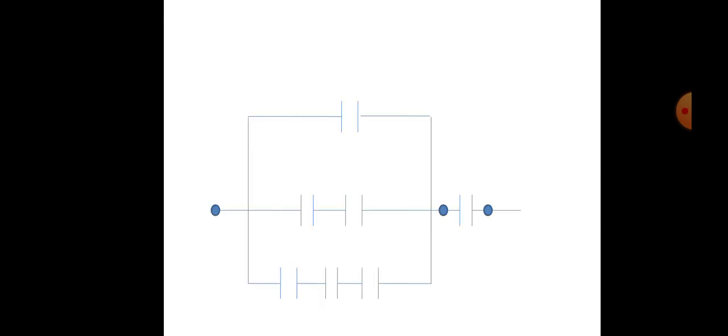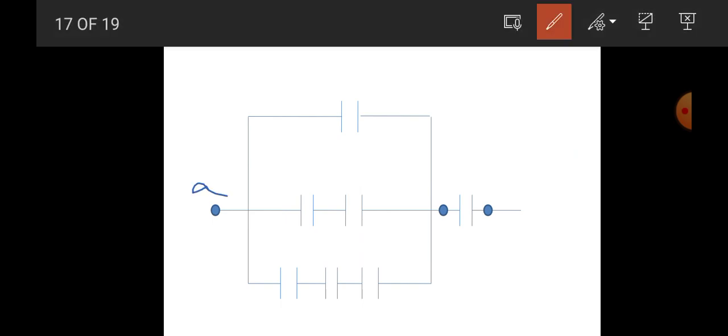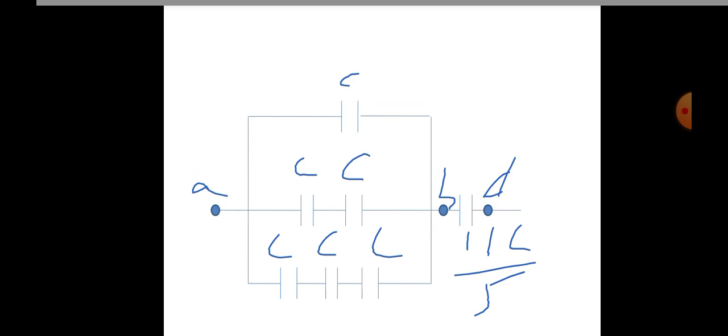ይሄ ሰርኪት ነው። እዚህ ጋር ምናየው here A አለን እዚህ ጋር here A, this is B, terminal B, this is terminal D. Now you asked to determine the effective capacitance of the capacitor between these terminals. ቶታሉን መፈለግ ነው ማለት ነው። ቶታሉን ስንፈልግ ይሄ C ነው ይሄም C ነው ብሏል። this is C capacitance ማለት ነው። this is also C እዚህ ጋር ያለው ግን 11C over 5 ነው ብሏል።